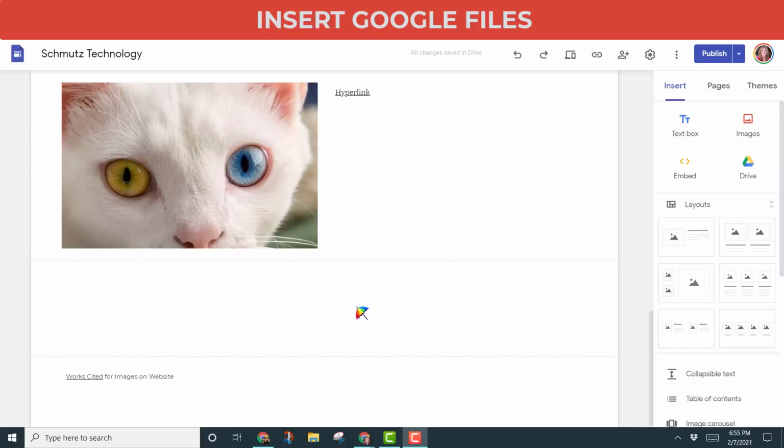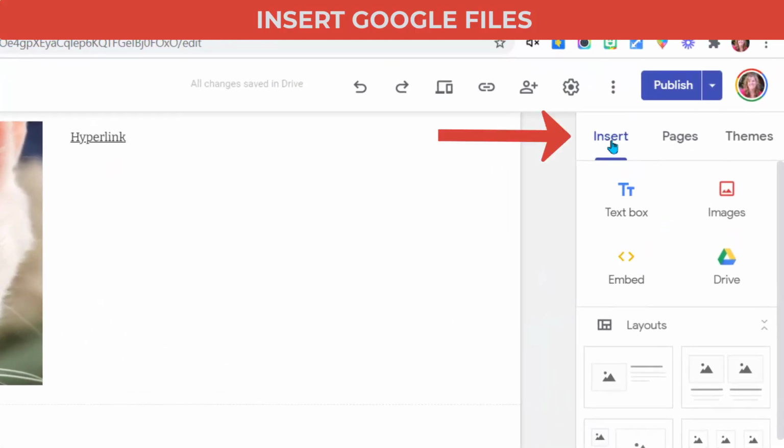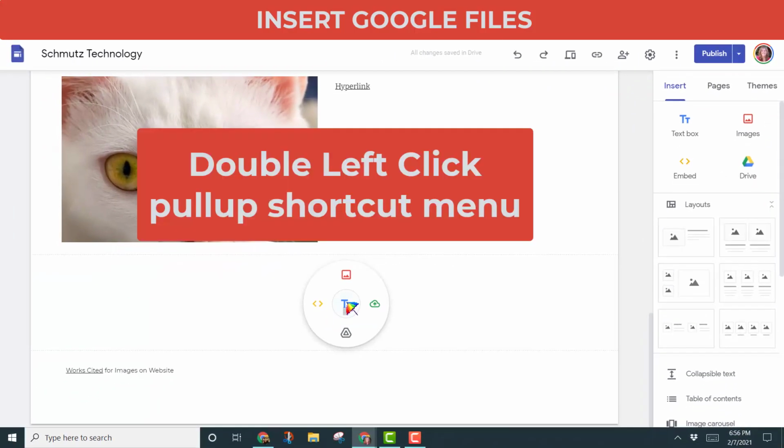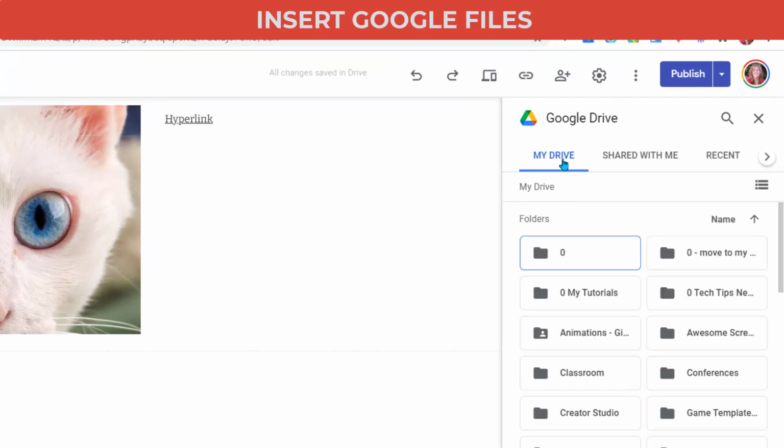You can insert your different Google files on your website. You'll come over to the right-hand menu and under Insert, choose Drive. You also can double-click on the page, left-click, and choose Drive from here. That'll just bring this option up over here to the right where you can search your drive, shared with me